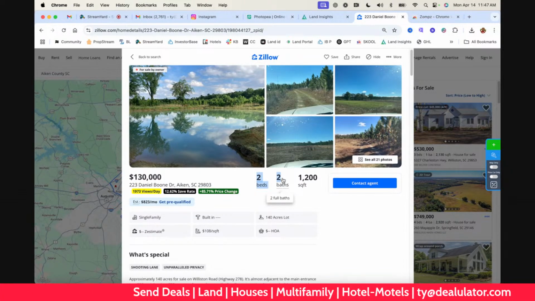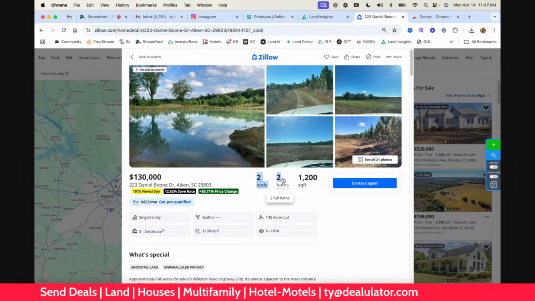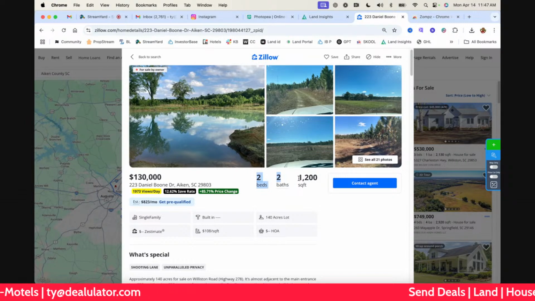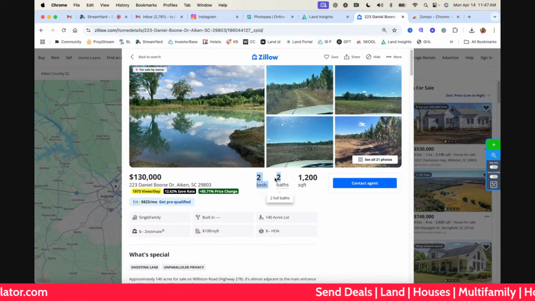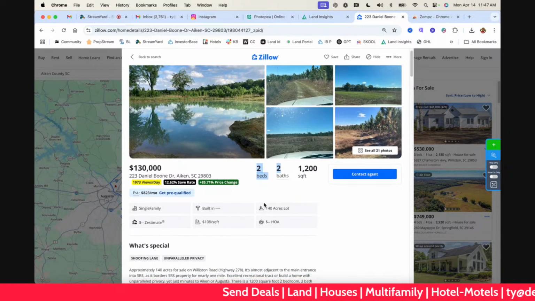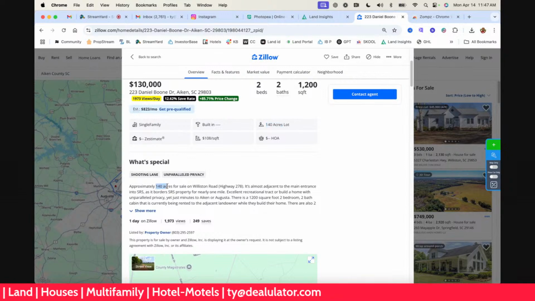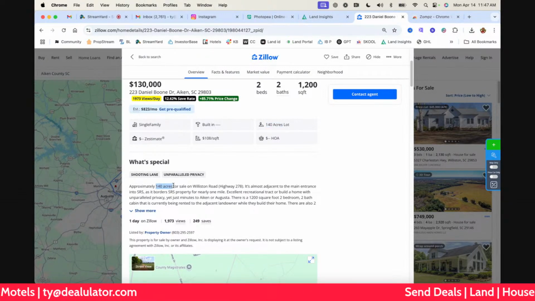Because sometimes they'll just put raw land in here where it should be houses or manufactured home or mobile home. So it needs to have some bedrooms and bath, and may not have some square footage, but need to have at least one of these, right? And then you'll look at, it says the lot size is 140 acres, but you want to verify that in the description. The description needs to be close to that number or exact, of course. So you need to verify it in the description.